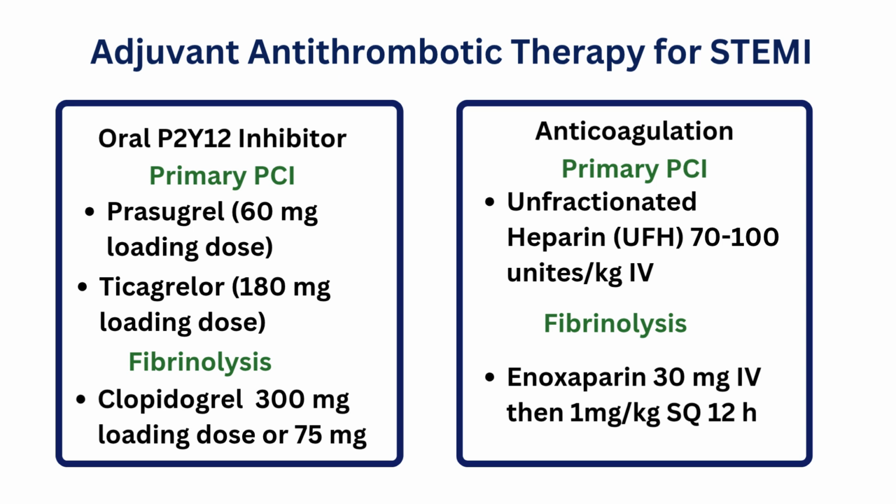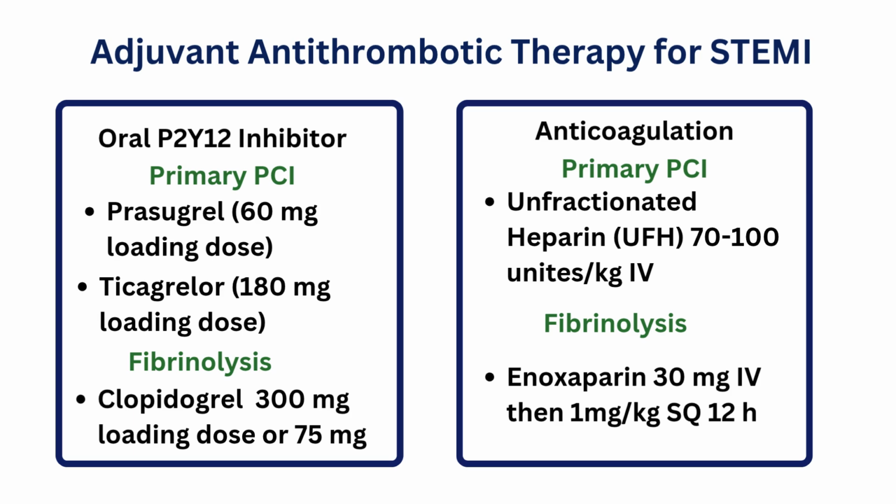Also, if the patient is undergoing PCI, unfractionated heparin or UFH is the standard choice, dosed as a 70 to 100 units per kilogram IV bolus if no GP2B3A inhibitor is used. If a patient is undergoing fibrinolysis, systemic anticoagulation must be maintained for at least 48 hours and